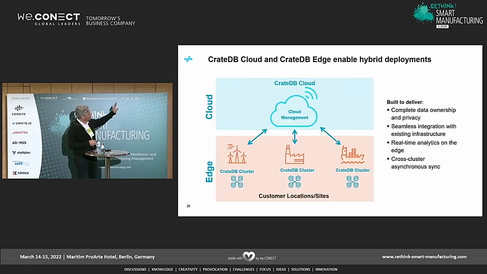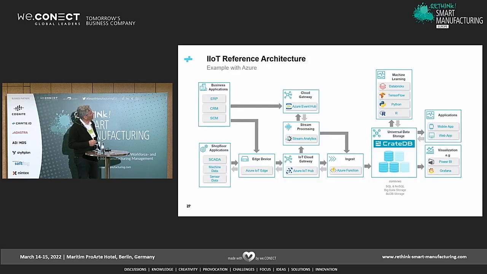So this is kind of how a cloud edge setup works. You can have independent edge clusters that sync automatically to the cloud, or you get from the cloud a downstream data flow when you have to synchronize tables, for example. This also works really well. This is how this is embedded on Azure, for example. So you have all the tooling and all the APIs to very easily connect with standard tools and APIs into the central storage, and you use a single data store to consolidate all these kinds of data